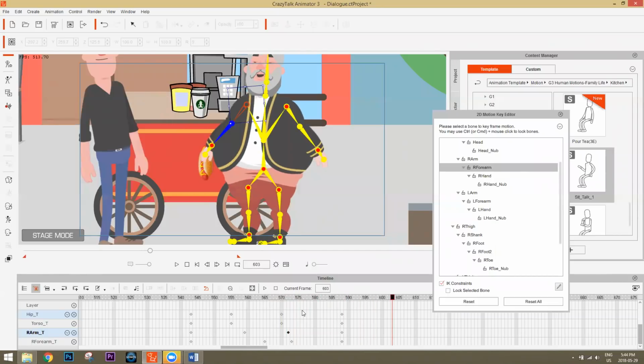Now he has a hot dog in his hand. For time constraints, I'm not going to go into much more detail on that, but what happens is he hands in the hot dog, and I basically just unlink the hot dog from his hand and link it to the other guy's hand.